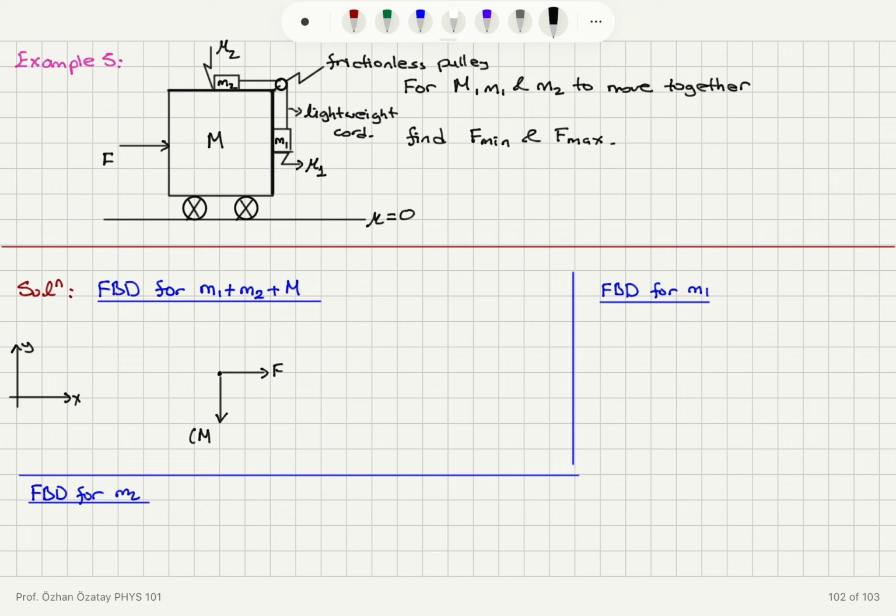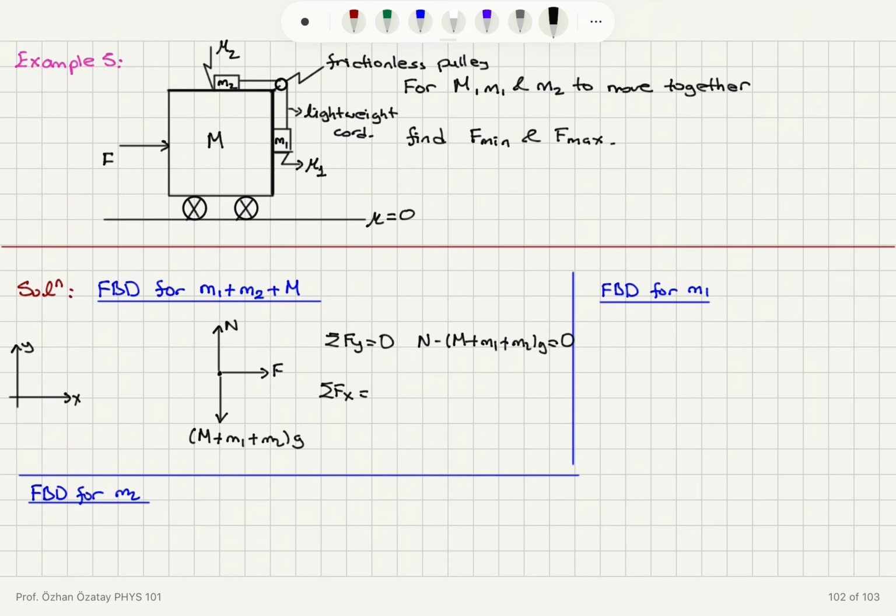So it is (capital M plus M1 plus M2)G, and there is the normal force from the bottom surface pointing up. The net force on the y-axis must be equal to 0 because they're not moving on the y-axis. So normal force